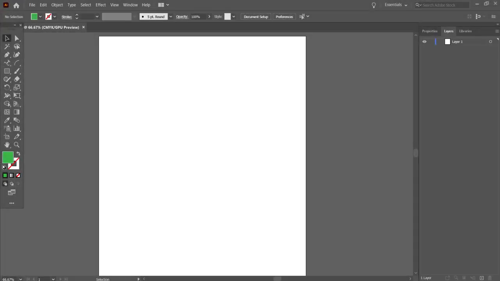Alright, so I've deleted all those logos and I've cleared my artboard just to give us a fresh palette. Let's talk about what happens when you can't find a font that Illustrator has that really speaks to you. Illustrator does come with a lot of fonts to choose from, but if there's not one that's really working for what you're trying to do on your project, you can find new fonts and add them to your computer system. It's pretty simple for the most part, so I'm going to show you how to add a new